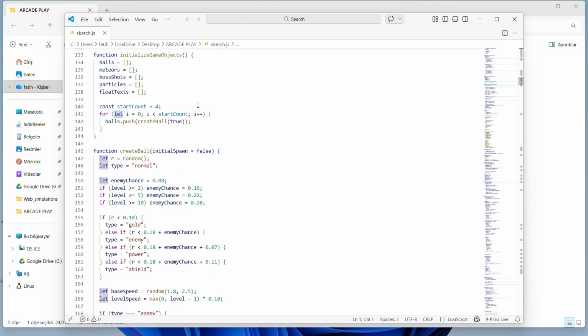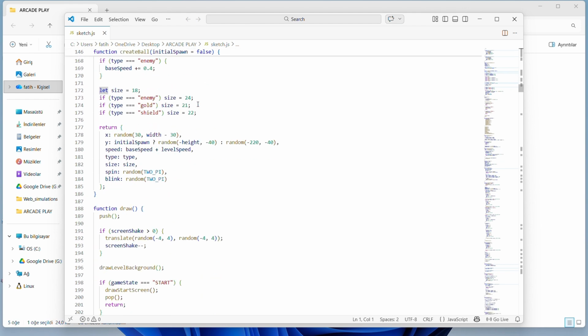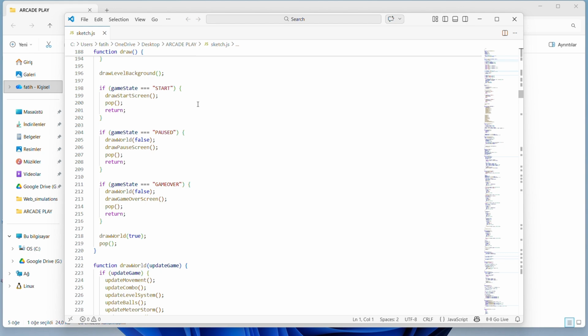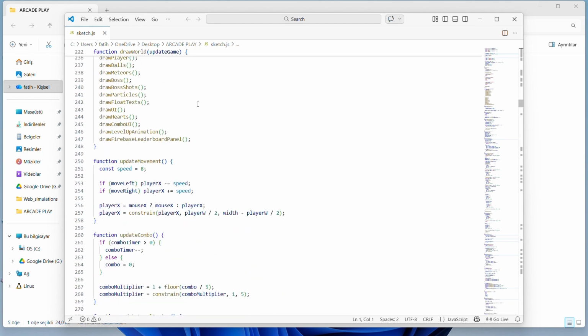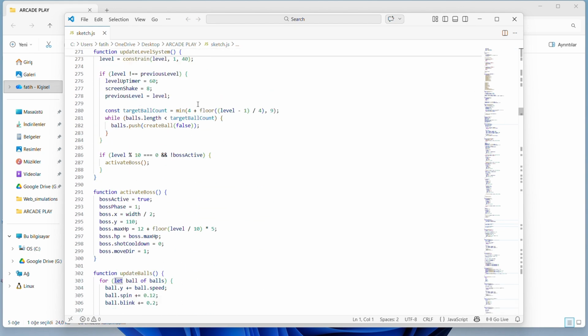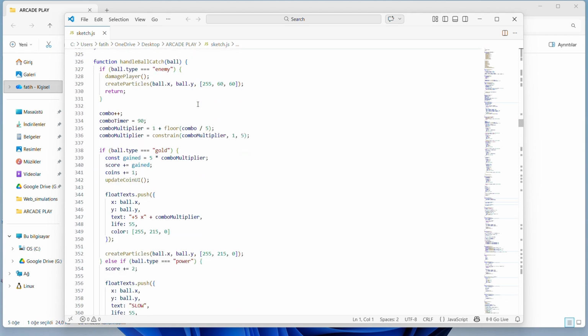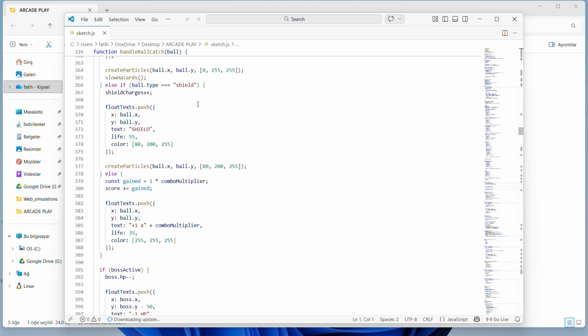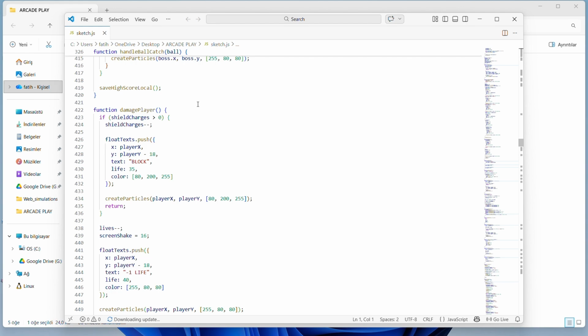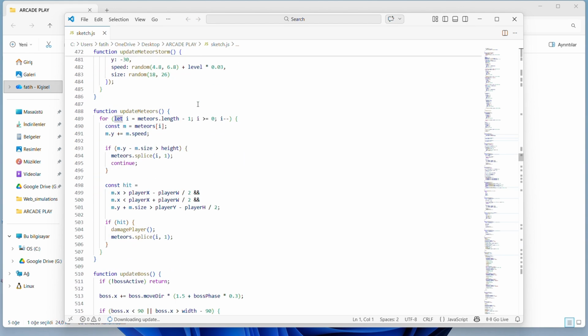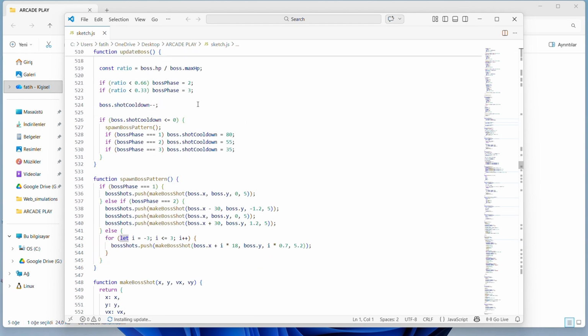The project was built using HTML, CSS, and JavaScript. The graphical part of the game is implemented using the p5.js library, which is very useful for creating animations, game loops, and visual effects inside the browser. The p5.js framework simplifies drawing shapes, detecting collisions, and updating objects frame by frame.